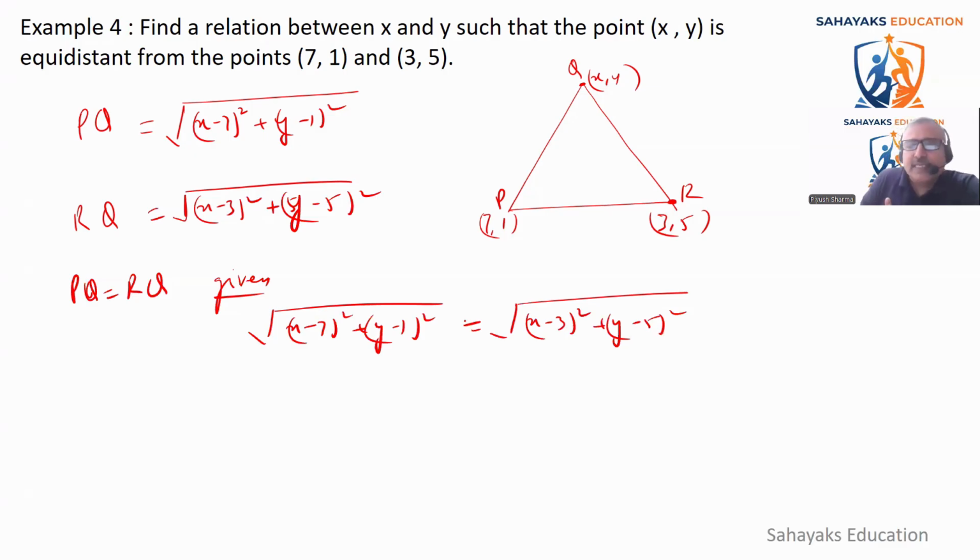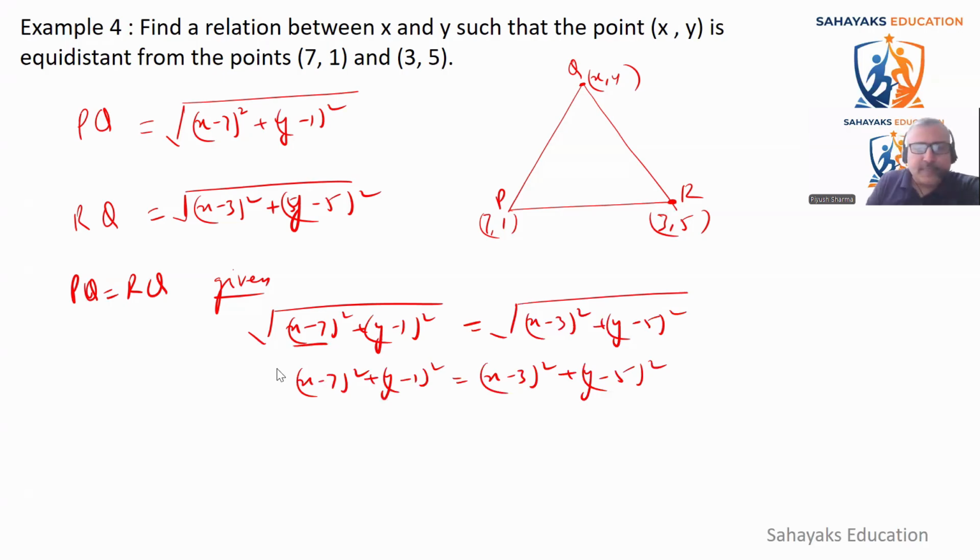When I take squares of both the sides, it will become (X minus 7) whole square plus (Y minus 1) whole square is equal to (X minus 3) whole square plus (Y minus 5) whole square. Now I'll open their squares. So when I open the squares, the values will be,